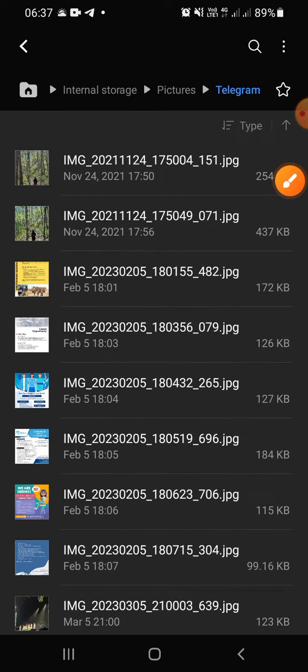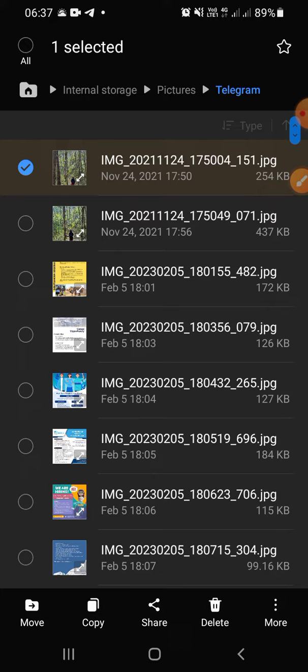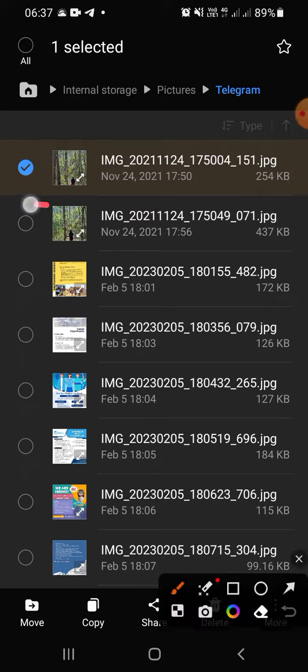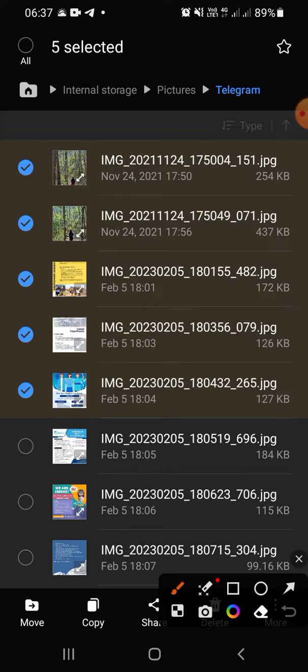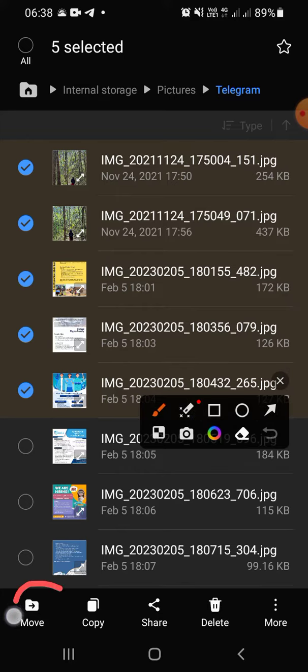And then we have to choose the photos that we want to move from phone to SD card. And if you want to move it, you have to tap and hold on the photo like this, and you have to click on this circle to mark the photo that we want to move to SD card like this. And after that, we can click move,